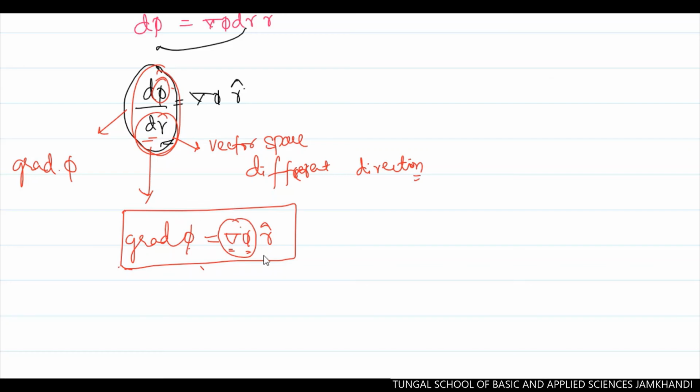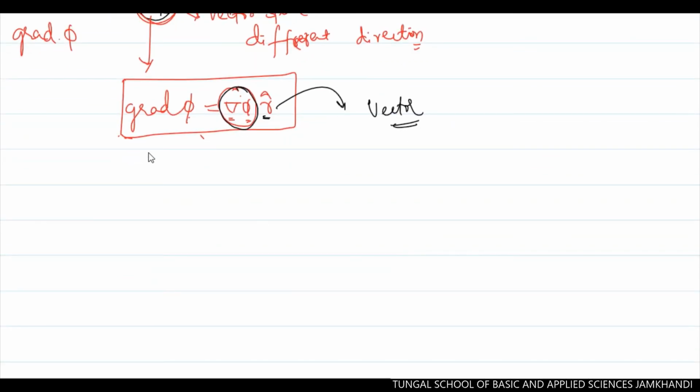You can look at this. So this del phi is nothing but a magnitude. It is in the direction of r cap, means this is nothing but a vector one, because it has both magnitude and direction. So you can observe here, this phi is nothing but a scalar quantity. Phi is a scalar quantity. Grad is a vector operator of a differential, right? Then here, if you take the grad of phi, that one will get the vector quantity.